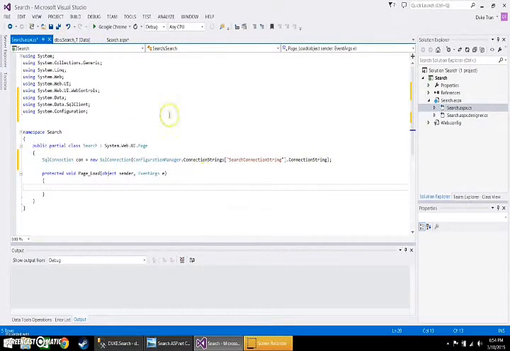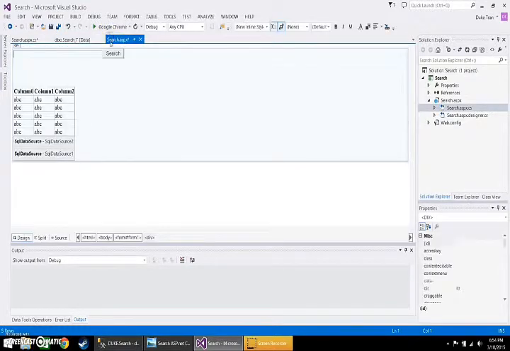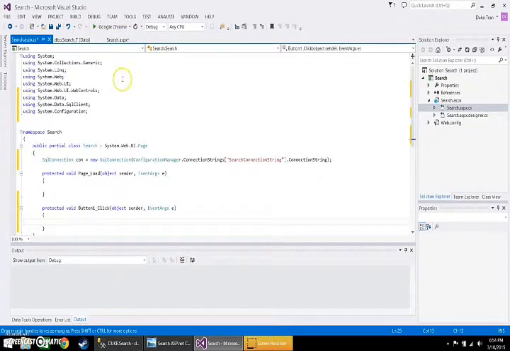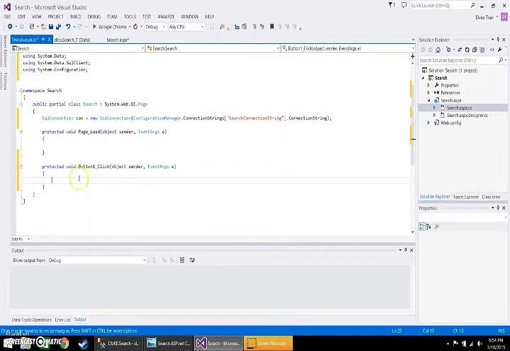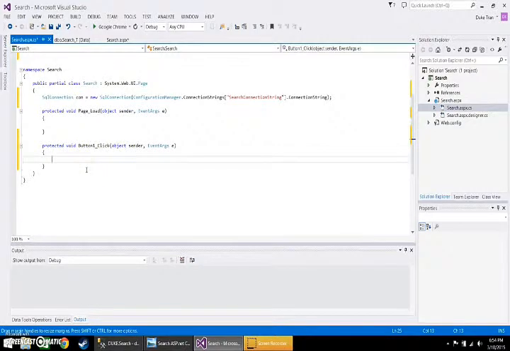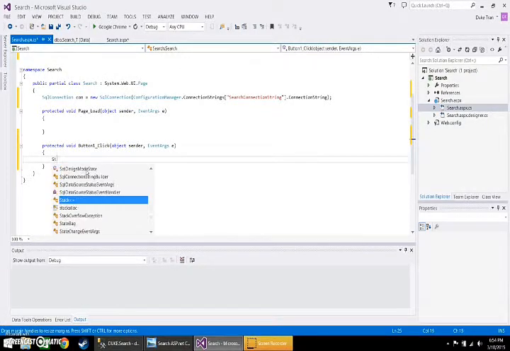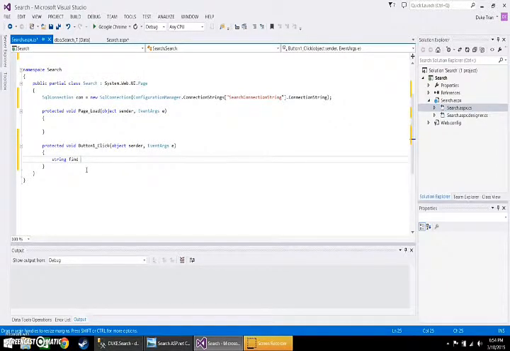Now, once you establish your connection, go to the page and double click on the button that you created. Inside here is where we're going to write the code. We first create a string and give it a variable called find. And we're going to create the SQL statement: select all from the search table found in the database, where